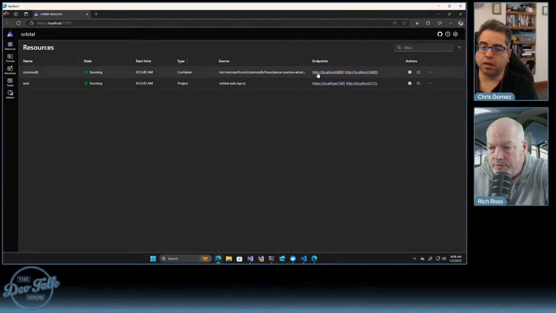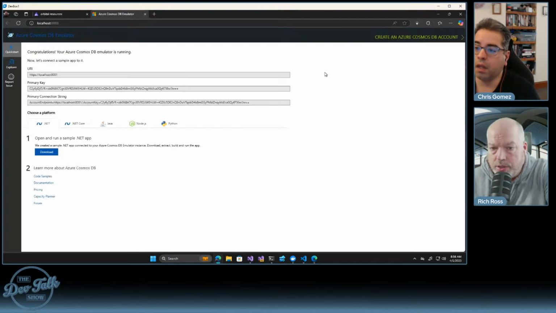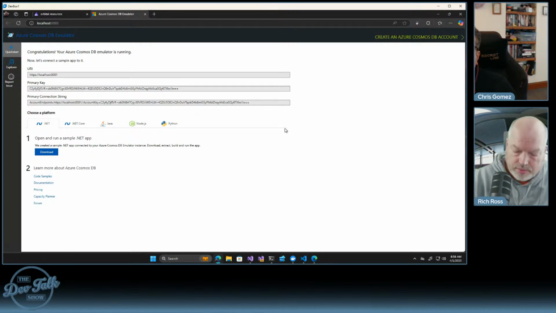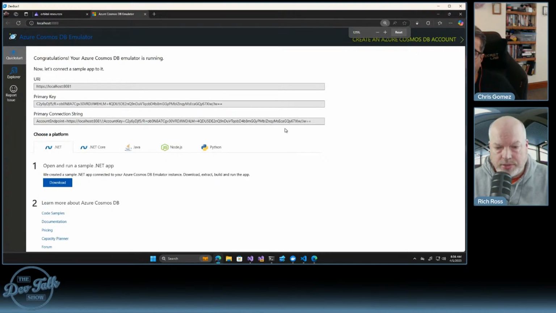Oh, cool. It's finished. So if we look at this one, and I'll bring this in and zoom in a bit, this actually is how we can connect to this local instance of Cosmos. So we've got a localhost here. We've got our keys, connection strings. Not worrying about that because nobody's going to be able to connect to this from a localhost perspective. But what's cool is we also have